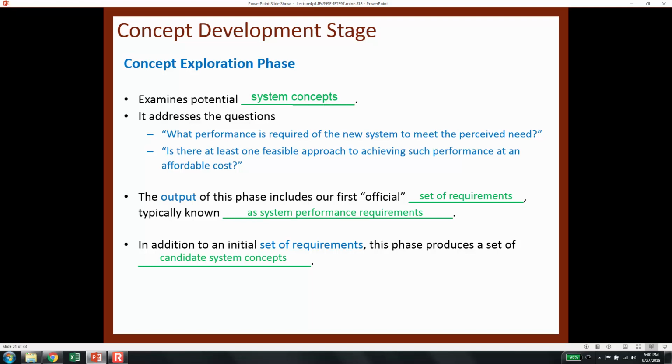So performance requirements, going back to the example of the cell phone, we might need a cell phone that has a battery that lasts 1 hour or 10 hours, right? So that's a performance requirement. We might need a cell phone that has a screen at least this size. That's another requirement. We might need certain dimensions to be satisfied, or we must have a minimum number of buttons in the cell phone, and so